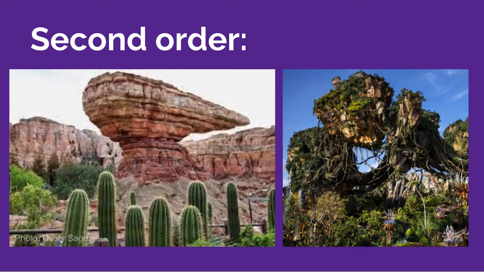On the left-hand side, we can see Avatar Land, which is in Orlando. Actually, it's not Avatar Land, but it's in Animal Kingdom. And so we can see that it does look very real, but obviously there are not floating boulders within reality. And so we can tell it is fake, but we don't know whether the plants are real. We don't know whether it's real rocks and just put in a certain position. And so that will be a second order simulacra.